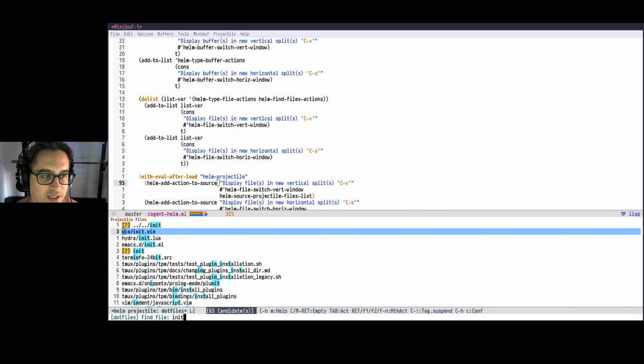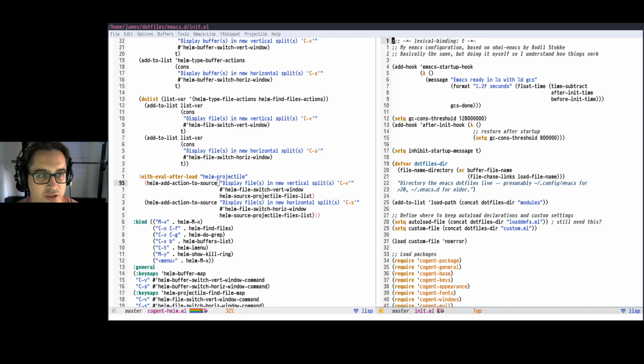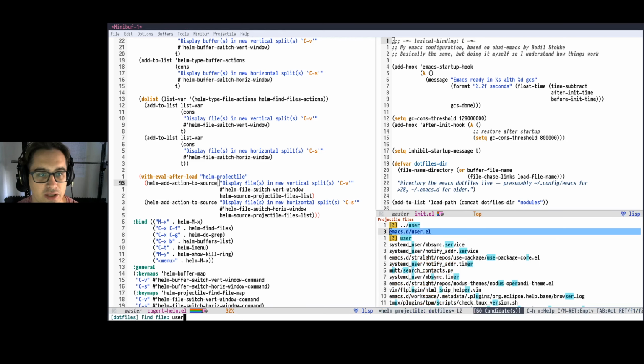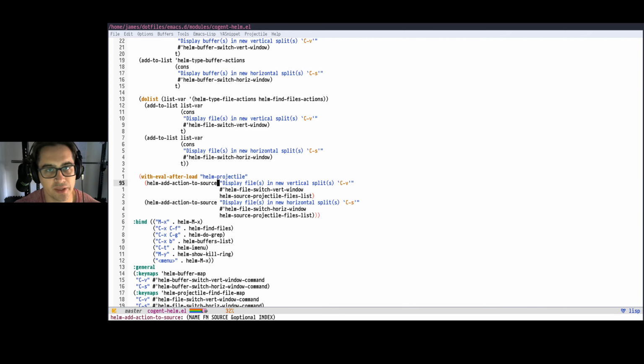So if I'm here and I want to open my init.el in a vertical split, I hit Control V, and it opens like this. Then I want to go to user, and I want to open that horizontally, I hit Control S, and it opens like that. So just a little thing. There is a built-in thing, open in other window, which I probably could have made work, but I had the muscle memory of Control V, Control S, and I really like to specifically say whether I want it to be horizontal or vertical,